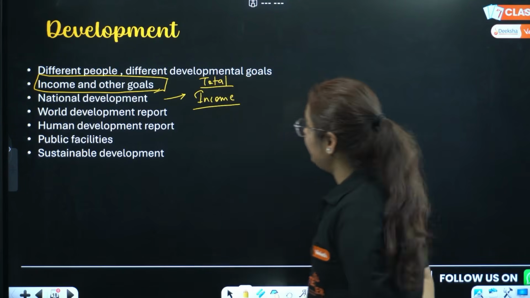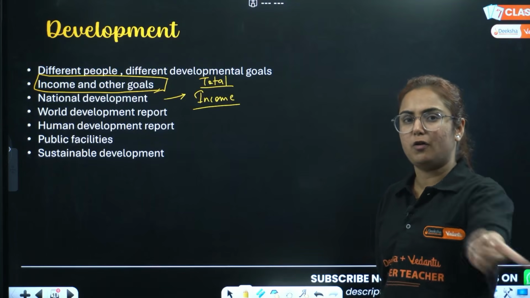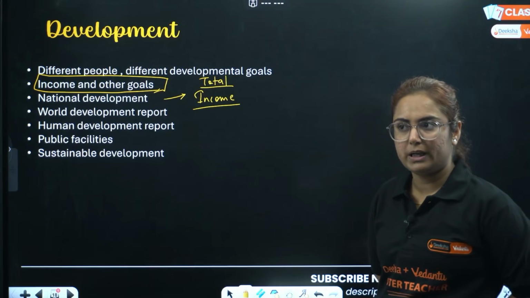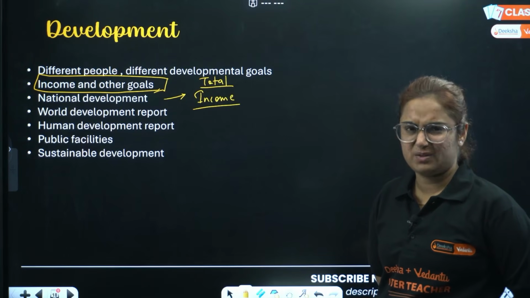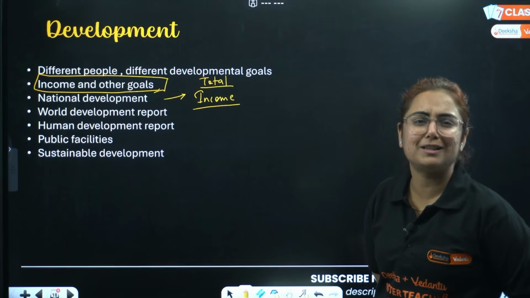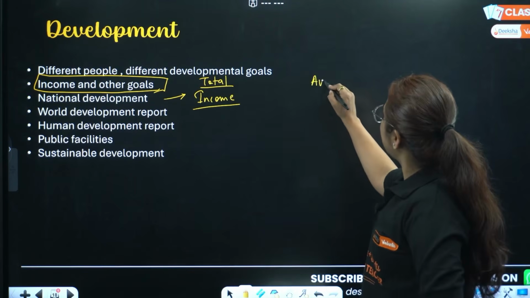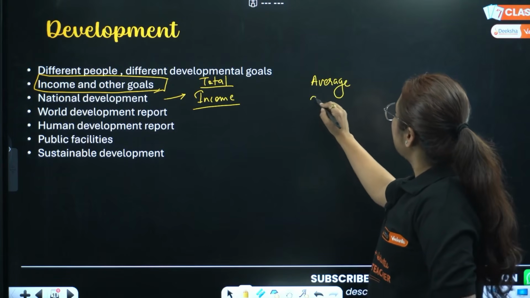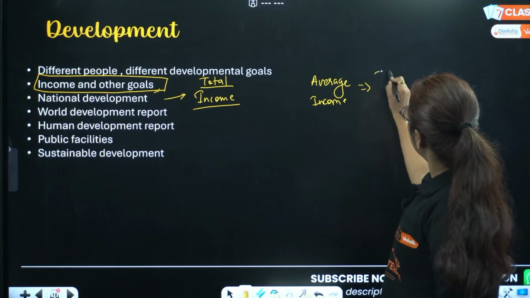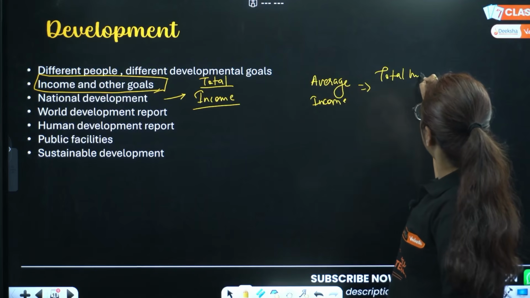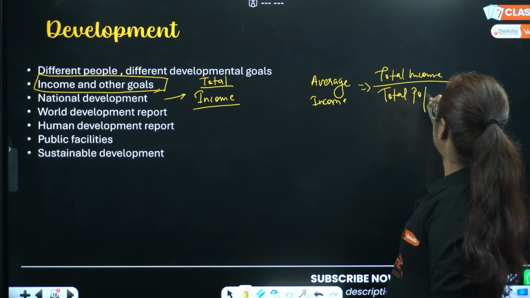So first of all, we chose one thing. Okay, we'll do this by total income. We calculated the income of all the population of the nation. Now what happened? India has so much population, our income will be high. Japan has less population. Doesn't mean we are more developed than Japan, na? So this is a failure. So we thought, acha, let's take the average, that is average income. What is average income? Total income upon total population. But there is a problem with this too.